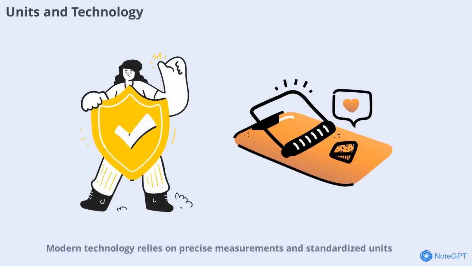Modern technology relies on precise measurements and standardized units. From building bridges to designing smartphones, engineers use units to ensure safety, efficiency, and performance. Advances in technology often depend on our ability to measure and control physical quantities accurately, highlighting the importance of units